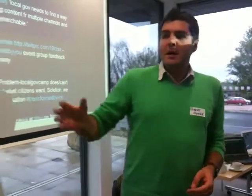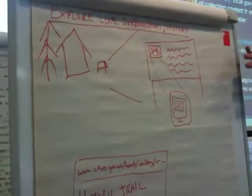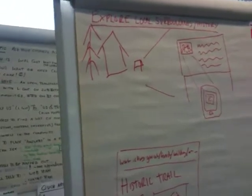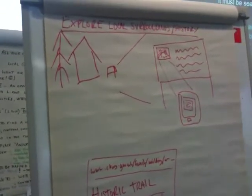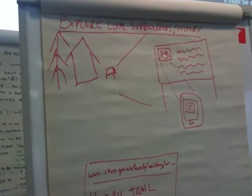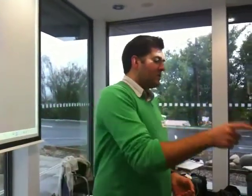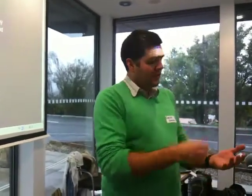So if I go through some examples of what we thought it could do. First one, exploring local surroundings and history. So quite often you've got these fancy boards in areas of local interest, whatever, that say a couple of paragraphs worth of information. What we said you could do is you could have a QR code on that, you could take a photo of it with your phone, it would take you to a web page with more information,